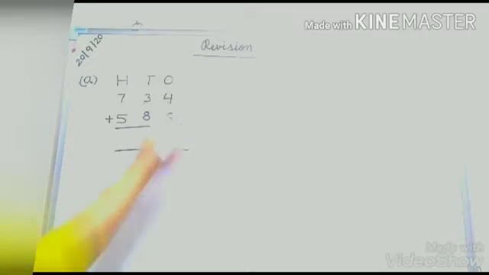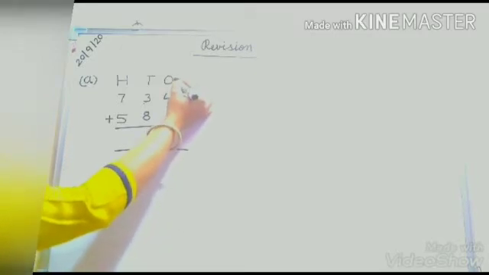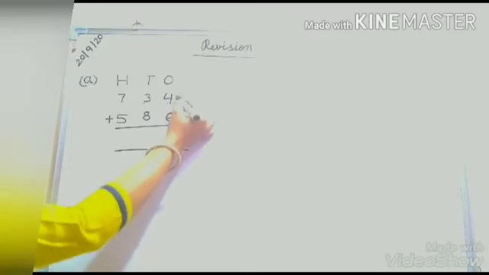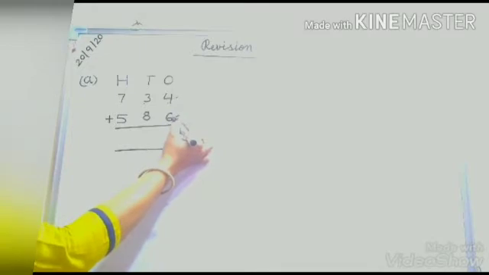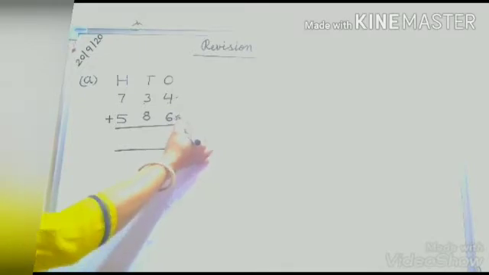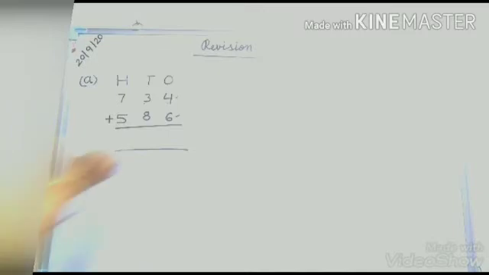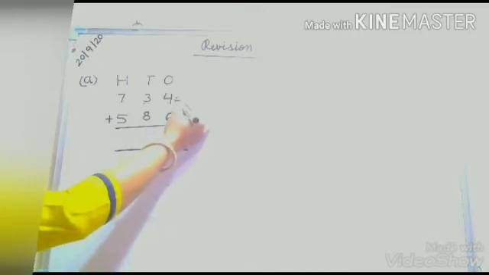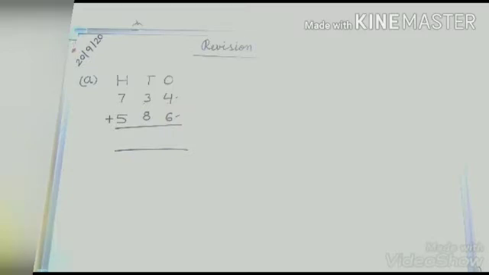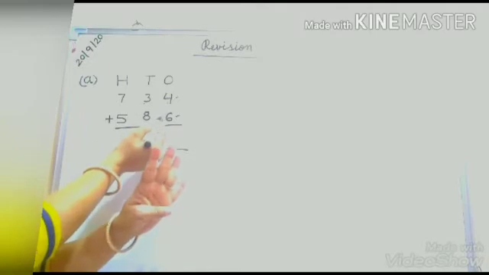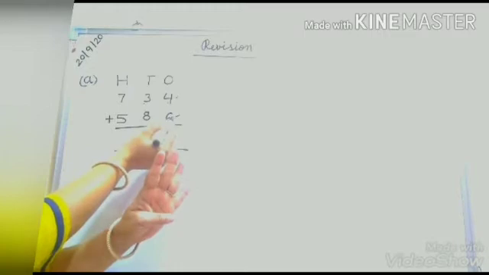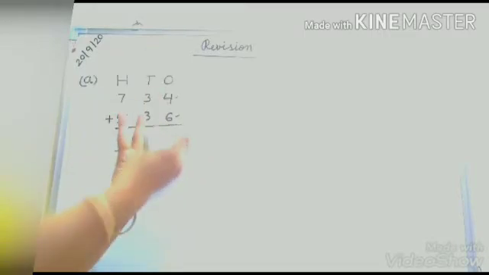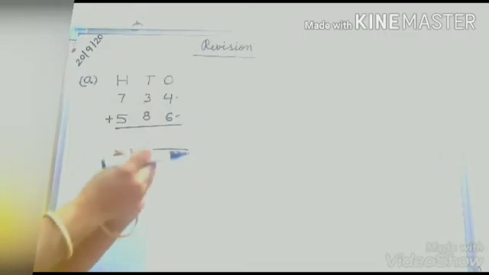Okay, let's start addition. Children, you know that we always start from the ones place digit. Here the ones place digits are 4 and 6. So what you do? You keep the bigger digit in your mind. Here the bigger one is 6. So we keep it in our mind. And now the next step, what we do? We take out fingers equal to the smaller digit, that is 4. Now what we do? We count after 6, not from 6, after 6. After 6, that is 7, 8, 9 and 10.